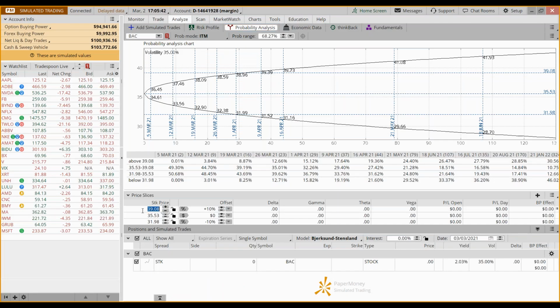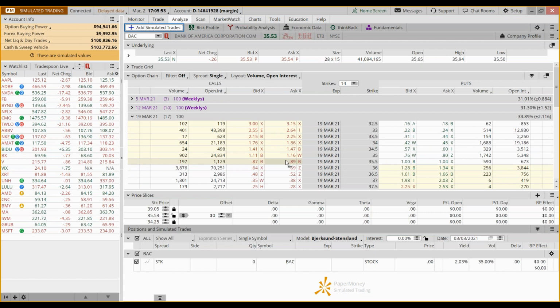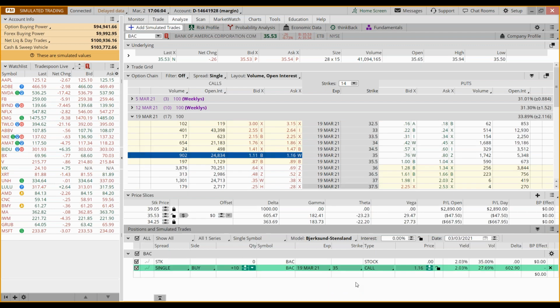I've got 39 to the upside, we'll call it 39.05. I've got 34.25 to the downside. And now I can look at building these trades. So I need at least 9 days. I'd buy more than that. I could get 1 week extra and get these marks. This is pretty aggressive. And then here's the deal, right?